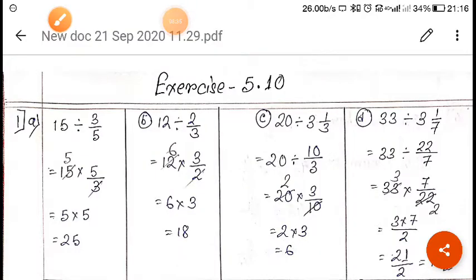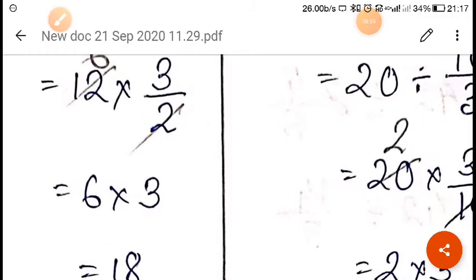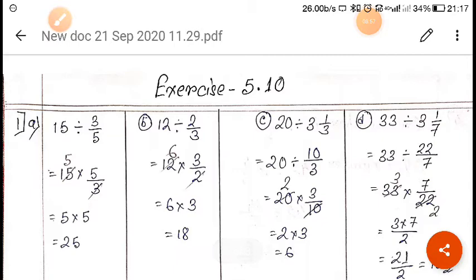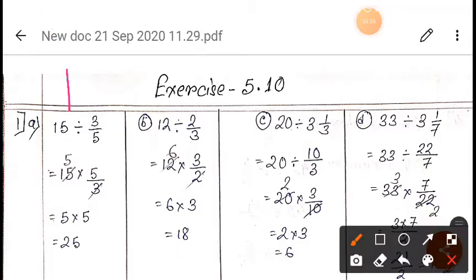Now we will see exercise 5.10. When we talk about exercise 5.10, it is written: find number A is 15 divided by 3 by 5, and questions number 1, 2 and 3 are all the same. So I will do one for you. It is written 15 divided by